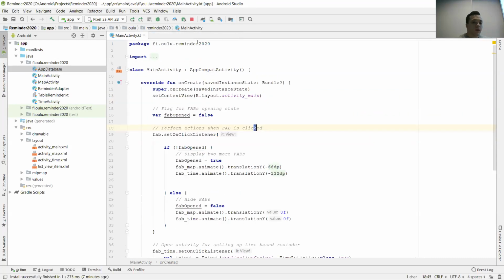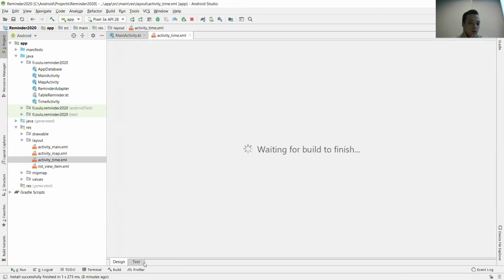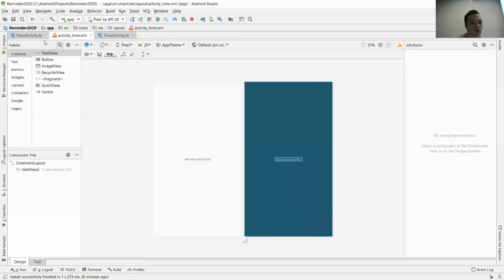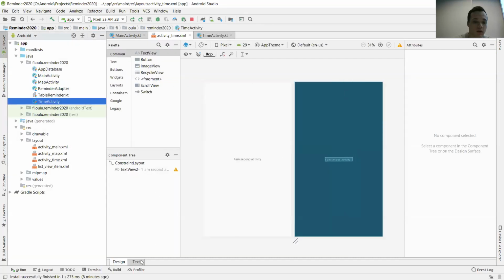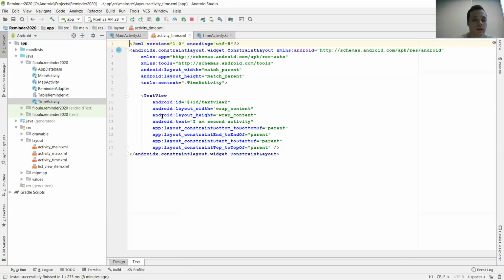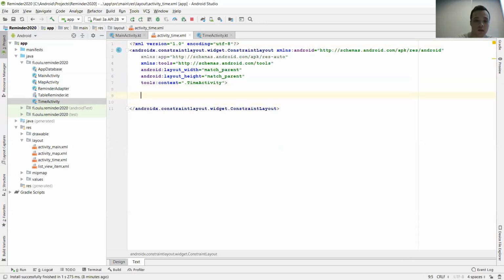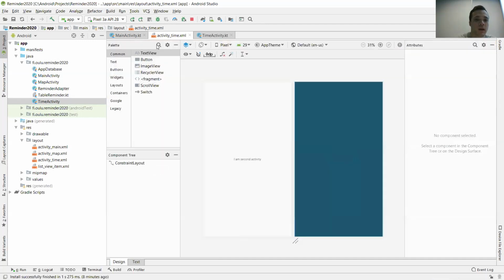So for now, let's go to activity time.xml, the user interface file of the time activity class. Here we need to have the two pickers, one for date picking and another for time picking. For now we have here text, you can just delete it. And you can try to find, for example,